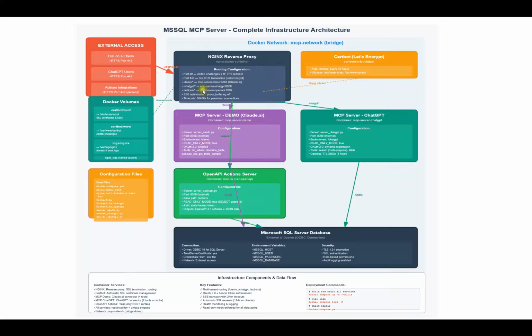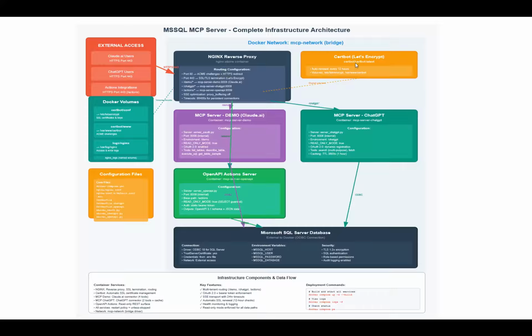Obviously, we include in the configuration files for our NGINX proxy the new route, and we just configure this in the nginx.conf configuration file. But for the certificates, we didn't change anything. It's the same endpoint, the same IP address, the same domain name, and the same certificates.